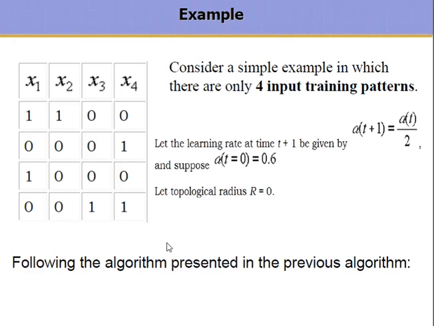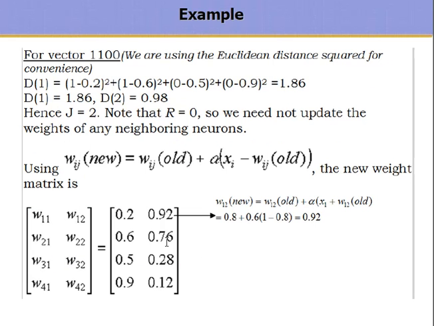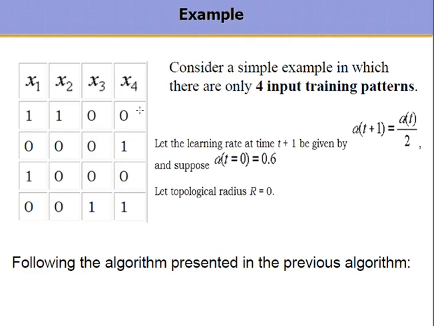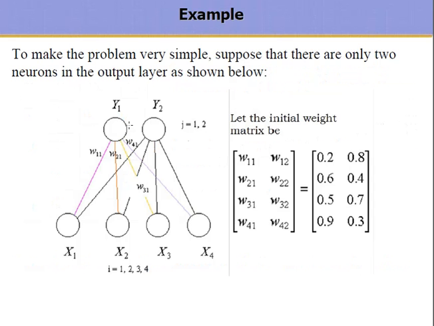Now, following the algorithm we have seen in the previous slide, we need to calculate the Euclidean distances, and then based on those distances we need to update our weight matrix. Now we will take each training pattern one by one and compute their corresponding distances. So for the pattern number 1, which is 1 1 0 0,